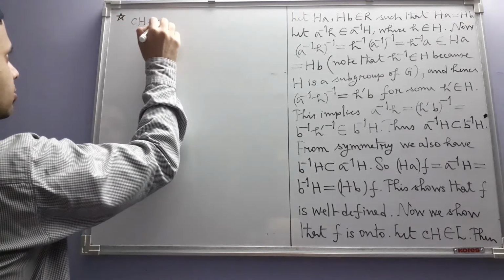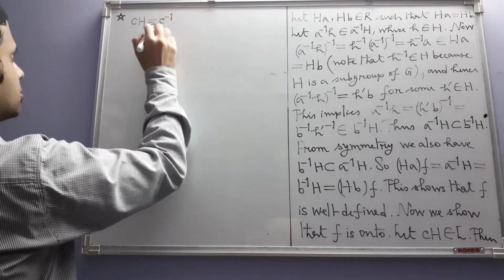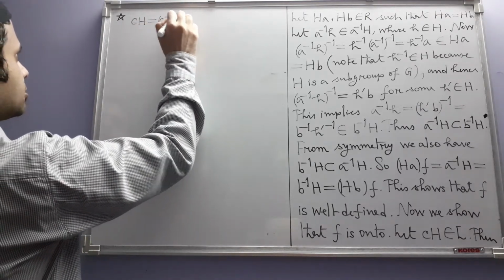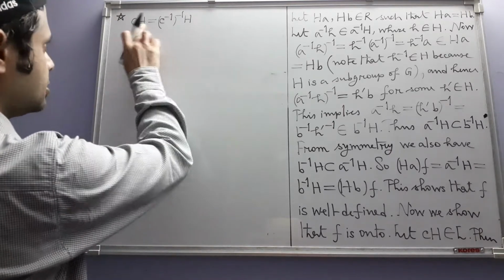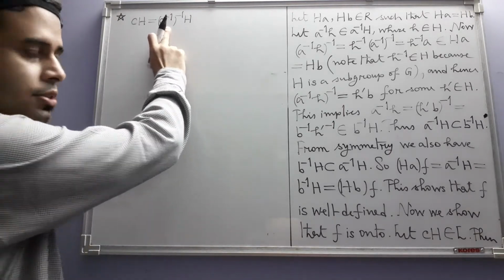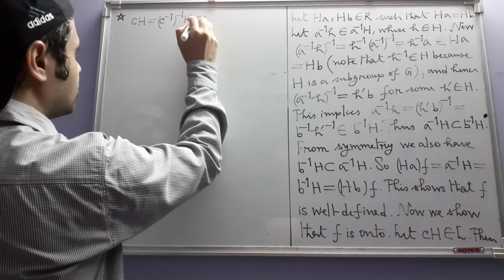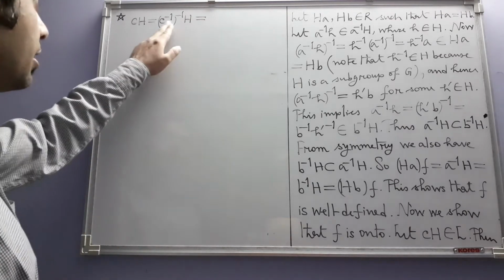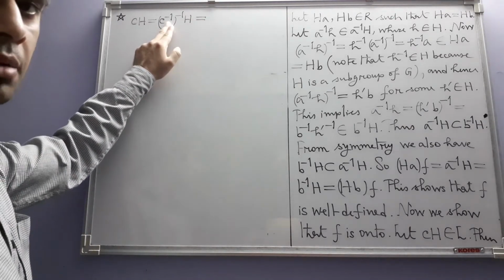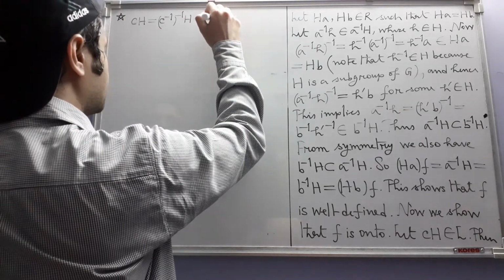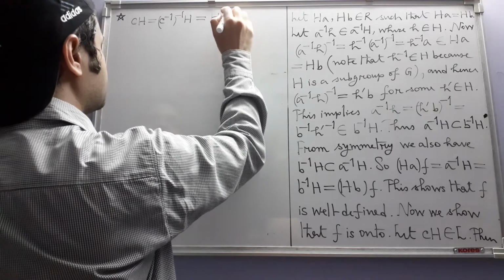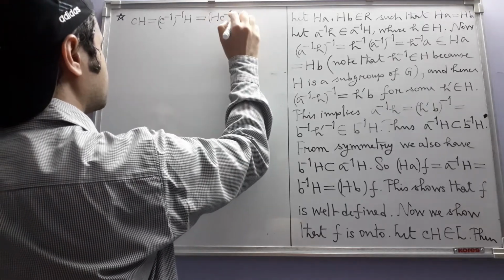CH is equal to C inverse H. That can be written because C is equal to the inverse of C inverse. And since C inverse itself is after all some element in G, so this is nothing but the F image of the right coset HC inverse,